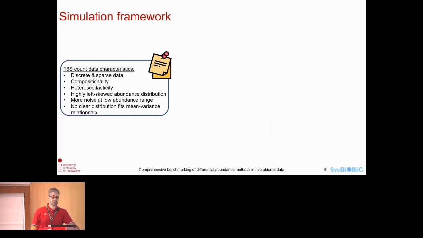know that data are quite messy to analyze. A lot of zeros, a lot of noise, both technical noise and biological variability. The data are compositional. They rely on the simplex, not on the Euclidean space. They are heteroscedastic. The distributions are highly left skewed towards very low abundance taxa. So there are a lot of technical and methodological issues that make the analysis of this data challenging, and also their